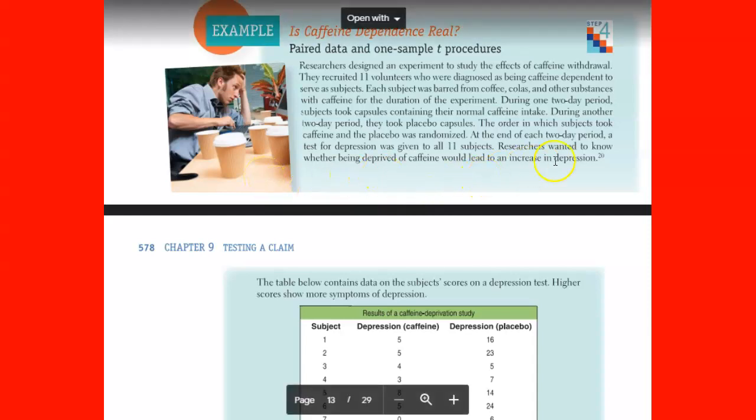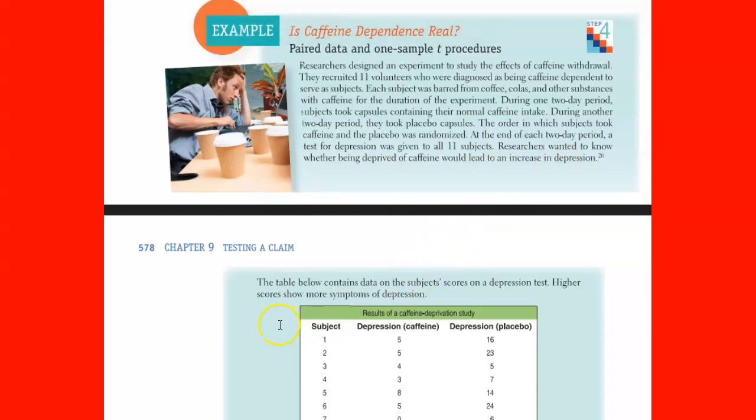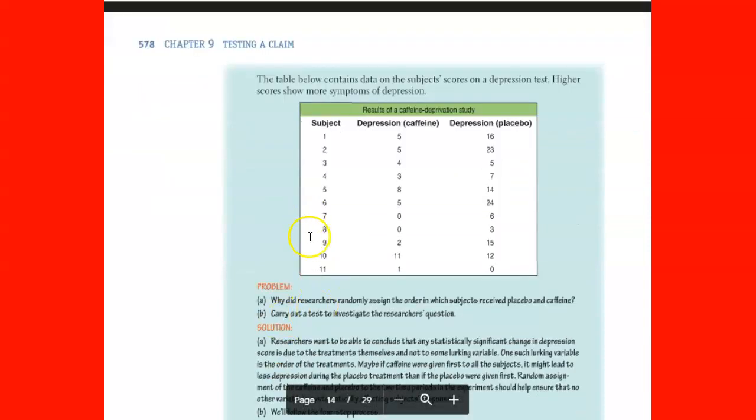And then what they did is they measured somehow their depression level. I don't know how, but they quantified that. And so, for example, subject number 1 had a depression level of 5 with caffeine and a depression level of 16 with the placebo. Number 7, depression level of 0 with caffeine. I don't know how they measured depression level. It's some way of measuring that the researchers knew about. And okay, so but the thing is,